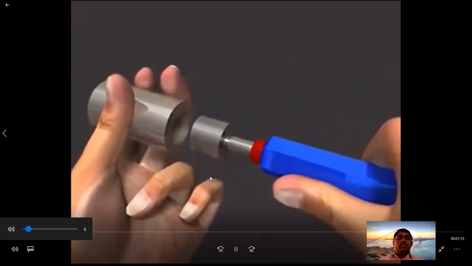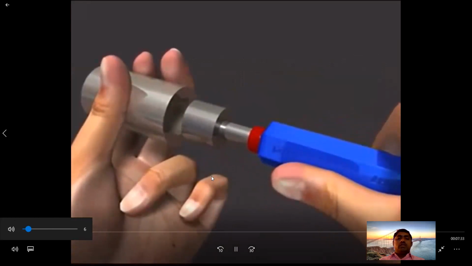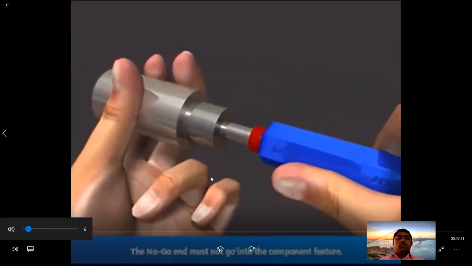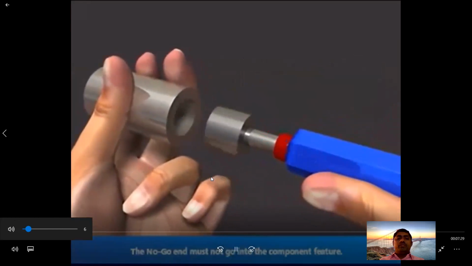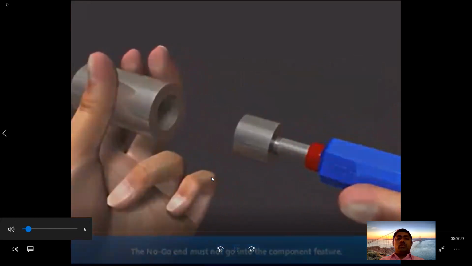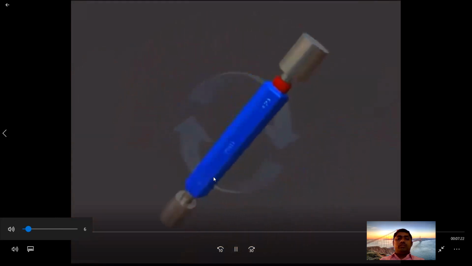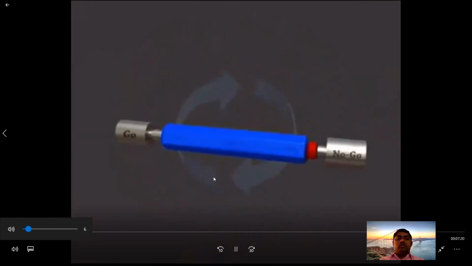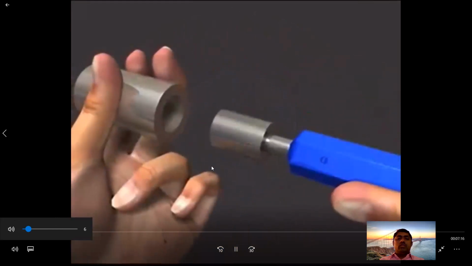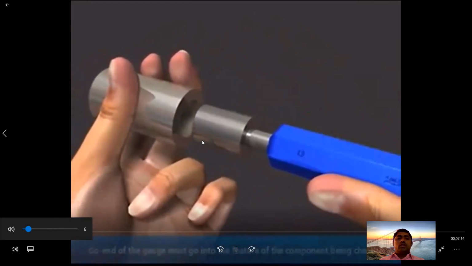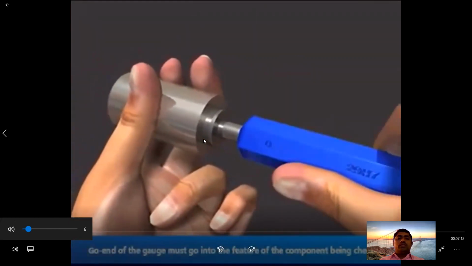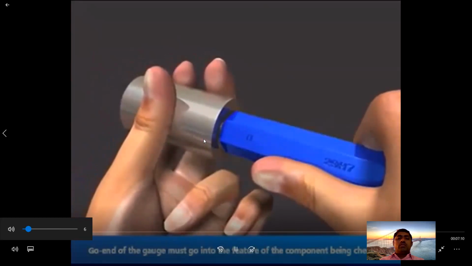Here the go end is passing through the hole. So the go end is passing through the hole and the no go end has not passed.